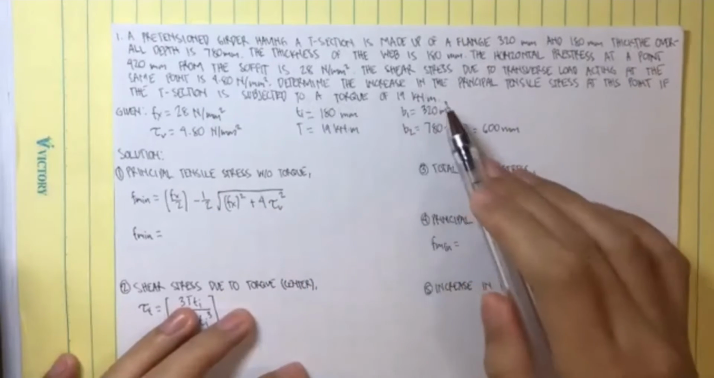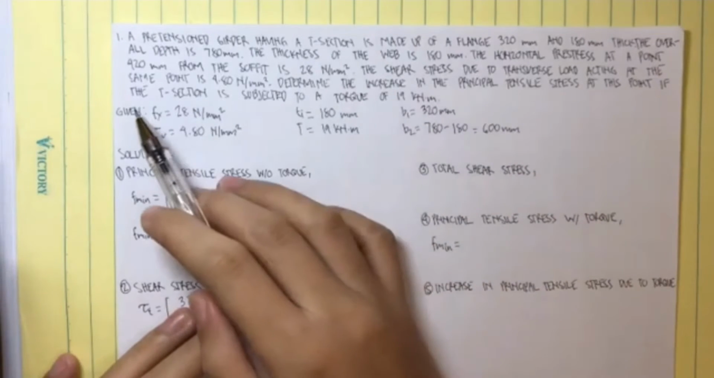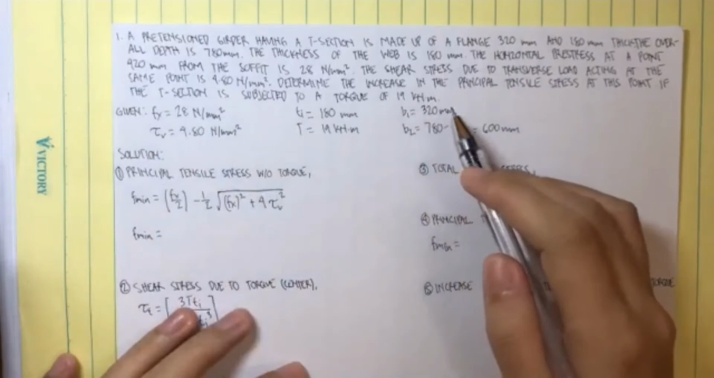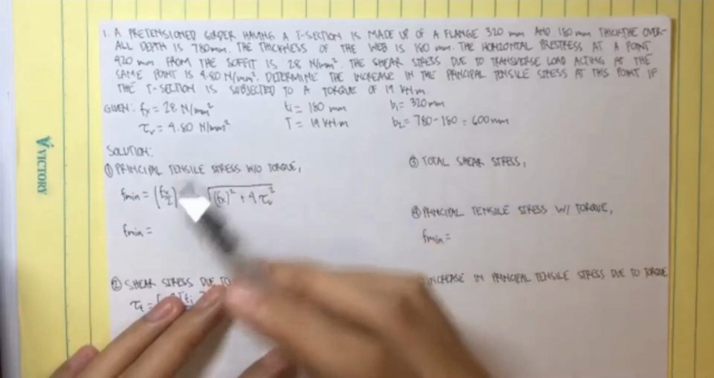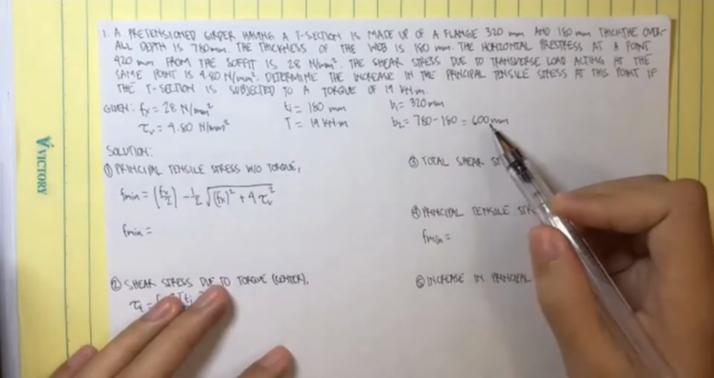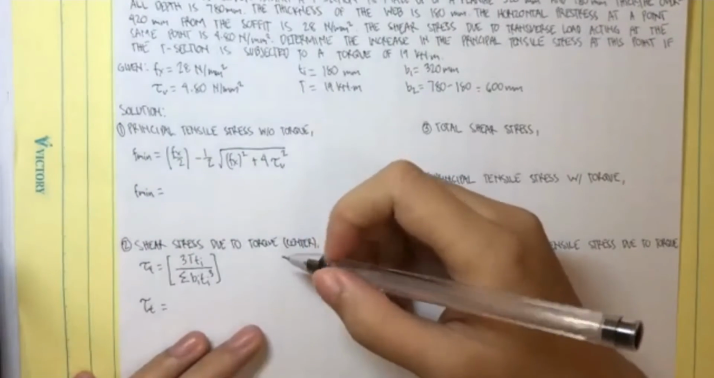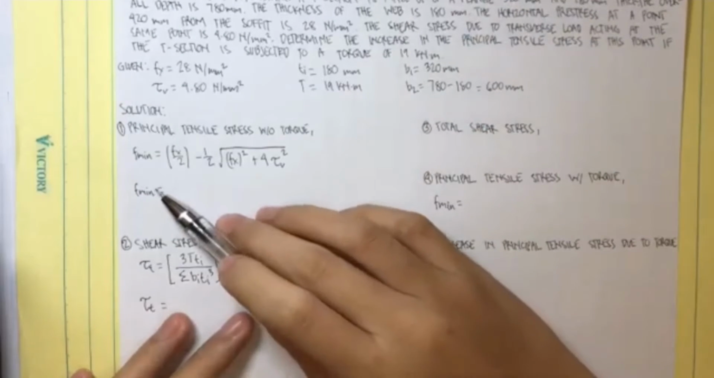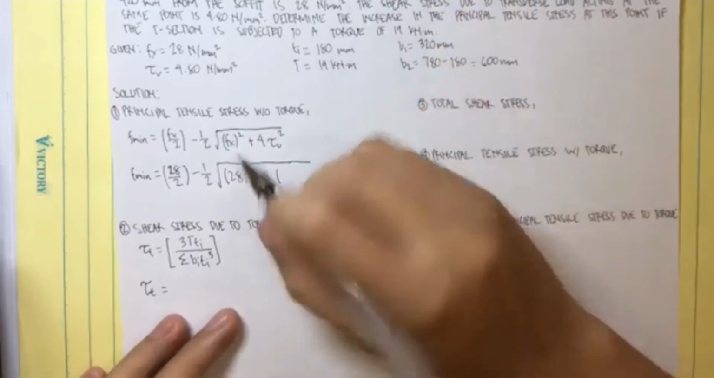So sabi dito, determine the increase in the principal tensile stress at this point if the T-section is subjected to a torque of 19 kN meter. Para makuha mo yung B2, yung overall depth, minusan mo lang ng 180 para makuha mo yung sukat ng B2. So, 600 mm. So, una natin gagawin is kunin muna natin yung principal tensile stress without yung torque. So, ito yung gagamitin na formula. Kung isa-substitute natin yan, magiging shear stress natin, which is 4.80